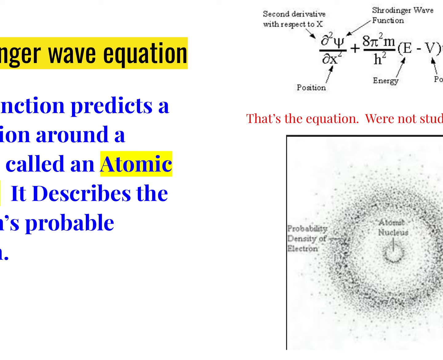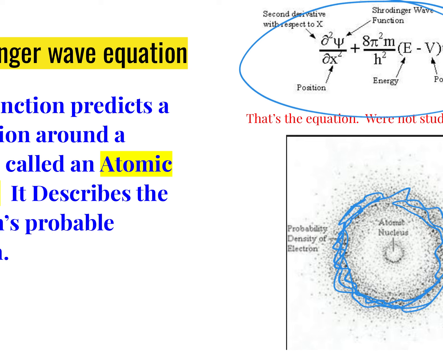Once again, with his equation, we were able to do some more calculation, pretty complicated stuff that we're not going to worry about, like in the upper right hand corner. But it did tell you that every little second, the electron will jump around to a different spot around the nucleus. And the area that it's most likely going to be in, as you can see, is the darker pattern over here, which is going to be the atomic orbital. So this is where most likely the first level of electrons will be, basically ground state number 1 for, say, a hydrogen atom. Every dot is a probability of where the electron will most likely be.